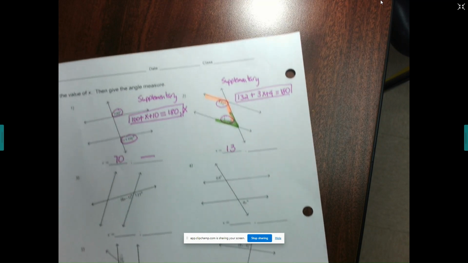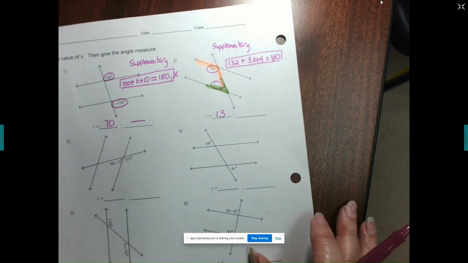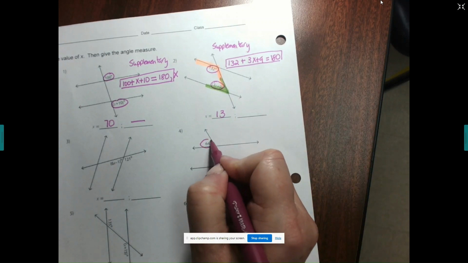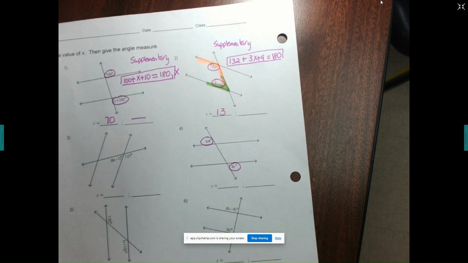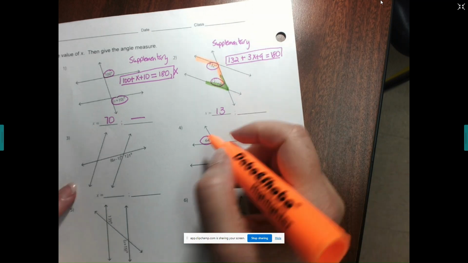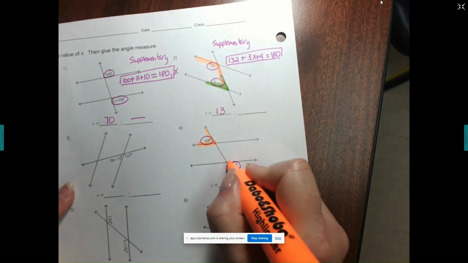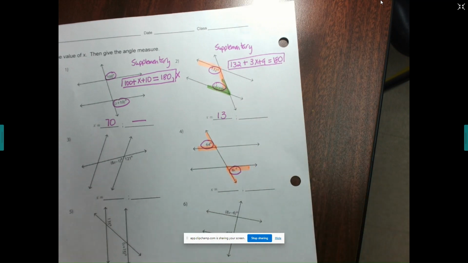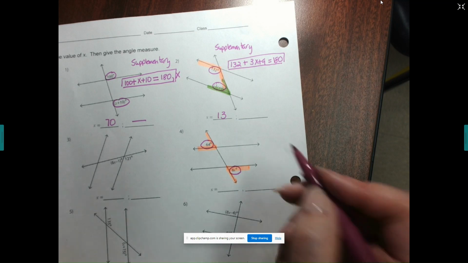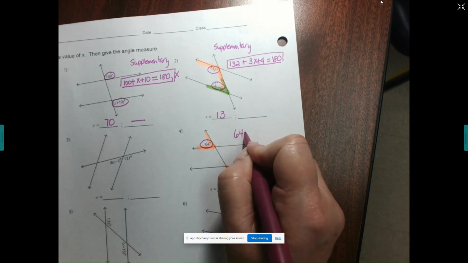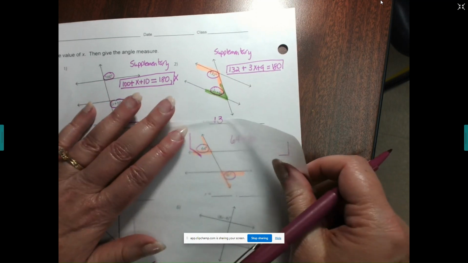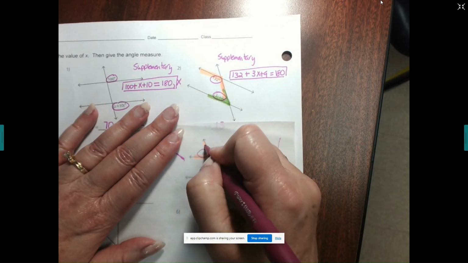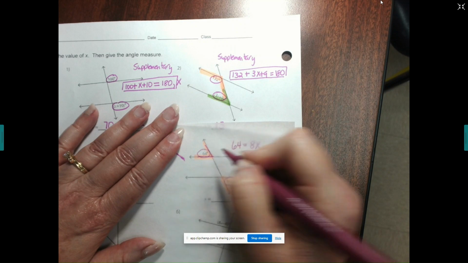Okay? Then in class, we did number 4. I'm going to circle the 2 angles that they're asking me to pay attention to. And again, when I look at it, I see 2 acute angles. This is acute and this is acute. I can look at them and I can see that those angles are less than 90. So if they're both acute, that means that we set them up equal to each other. The 64 has to equal the 8x. But again, I'm going to keep showing you this. If you have a hard time telling if they're the same or different, trace the angle, trace the arms of the angle,